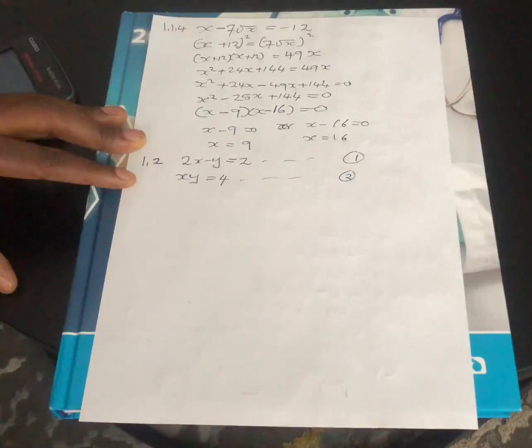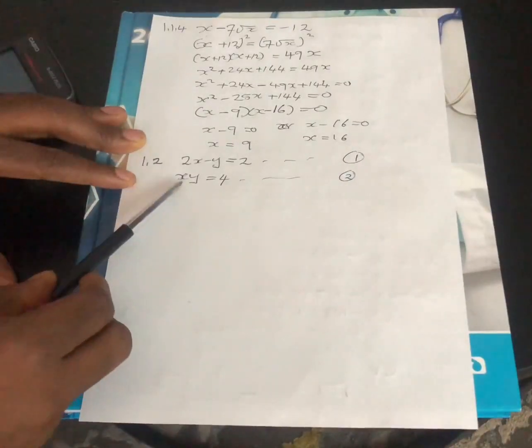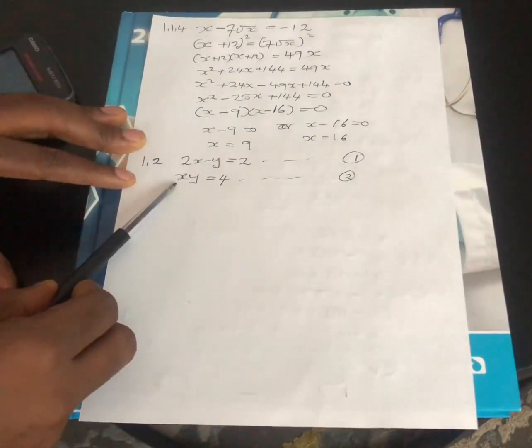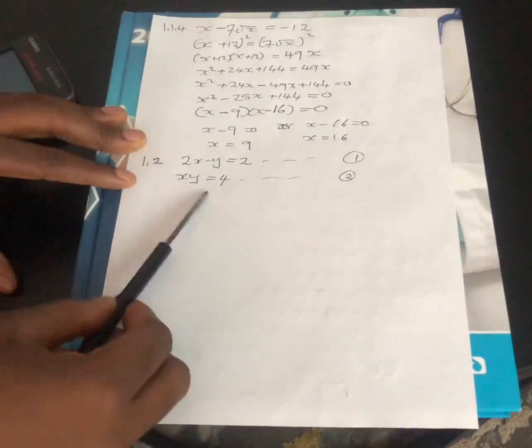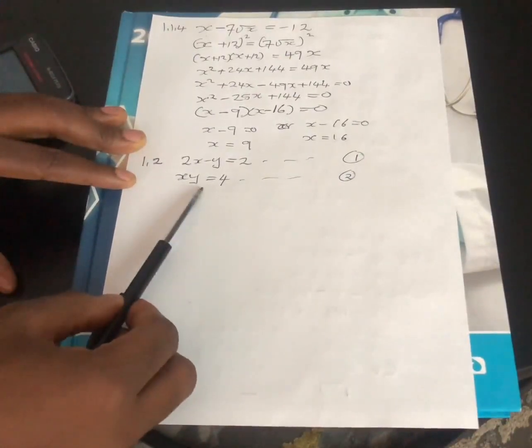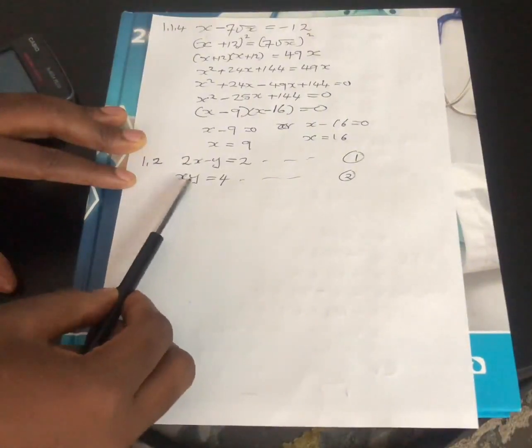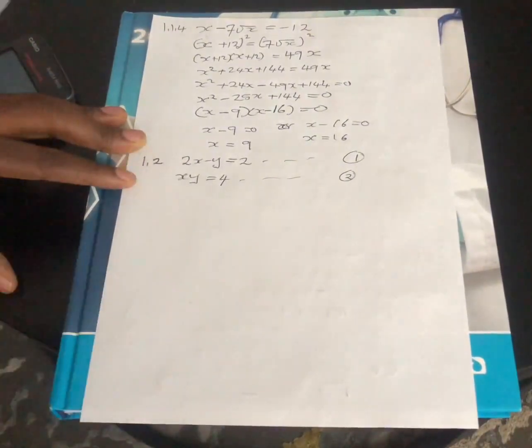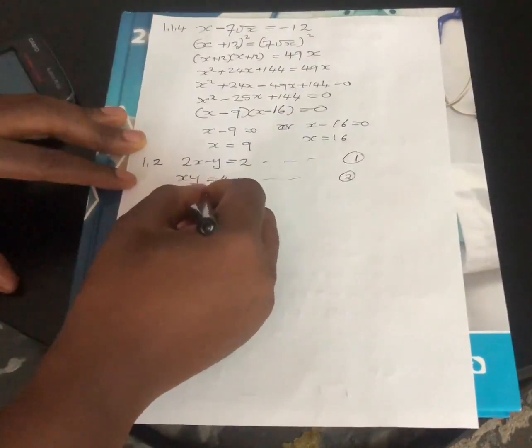So we are not going to make x or y the subject of the formula from equation number 2, because obviously here you're going to get a fraction. Unless you know what you're doing, you can make x or y the subject of the formula here. You can still get the same or the correct answer. But I want us to move to equation 1. We're going to say from equation 1,